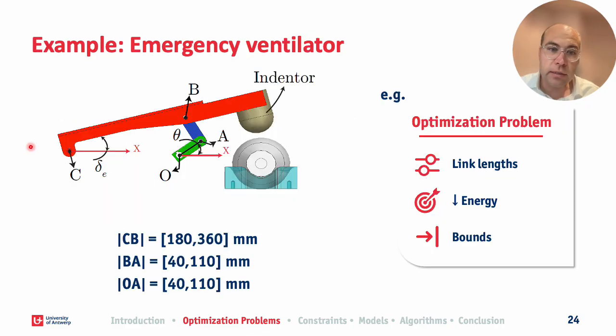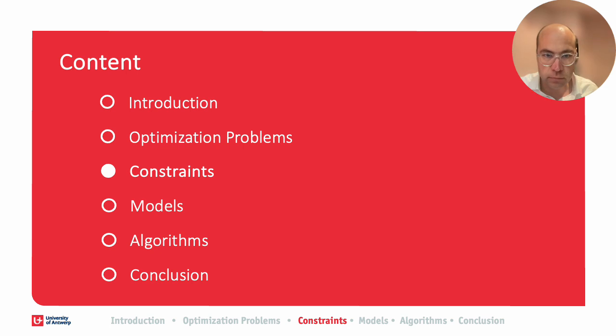machine. Here, this Corona ventilator, we can optimize the link lengths, mounting positions. We want to do that to minimize the energy. And we have certain bounds. We have certain bounds on these links, at maximum and minimum lengths of these links to be produced. Now, let's take a while to consider the constraints, because